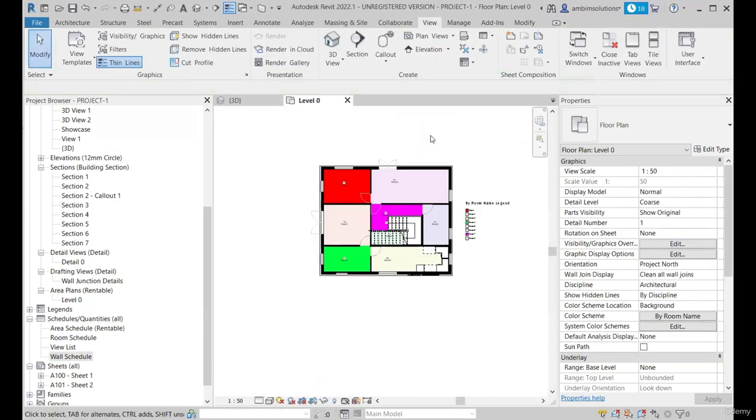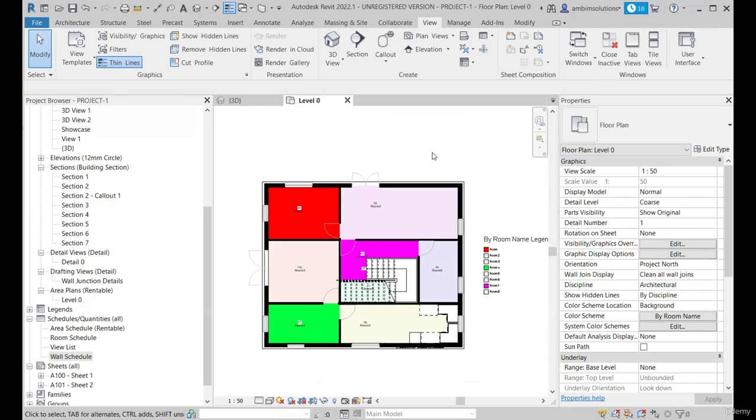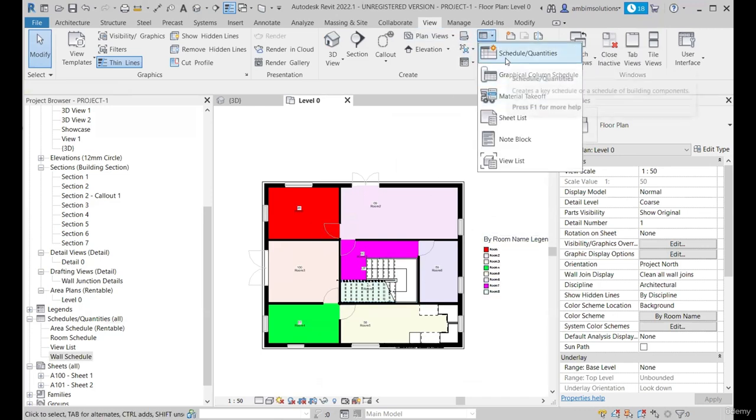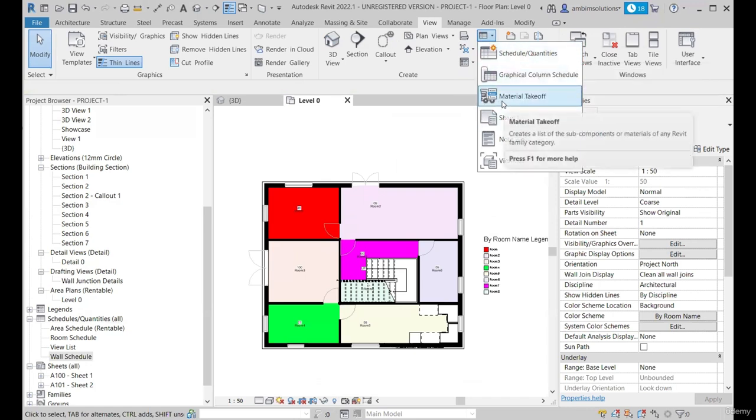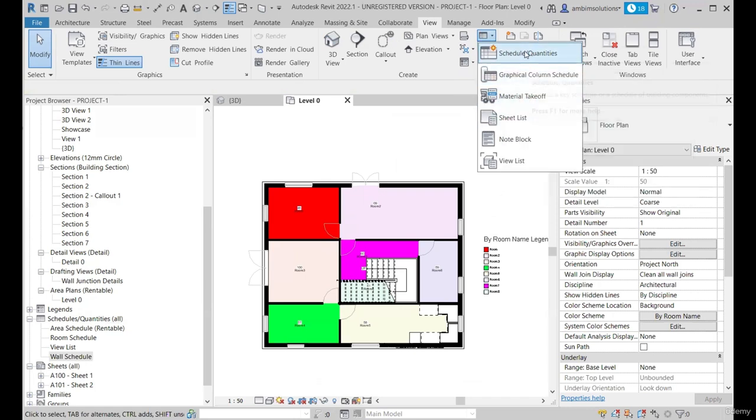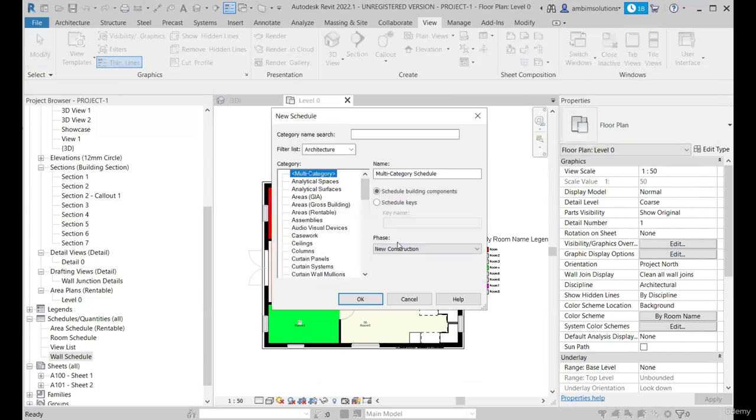So let's go ahead and create a schedule for door or window. So let's take an example of door. Go to the schedules. As we are dealing with the elements, so we will go with the first option. If we are dealing with the material takeoff, we have used the second option. So let's go ahead and select the quantity schedules, and from here we need to select the door category. So we have selected the door category, and if you want to rename it, you can rename it, or else